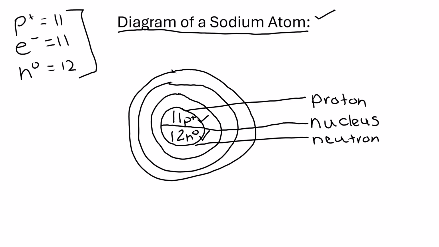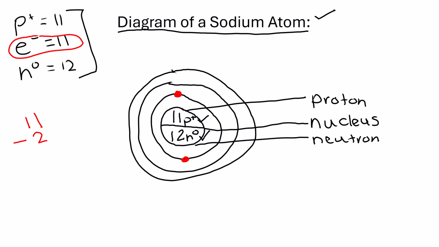Remember, energy level 1 can only have 2. I have 11 electrons, so I started with 11. I'm going to use 2 on energy level 1. They do like to be opposite each other. So 1 there and 1 there. I'm sure in grade 8 and 9, your teacher also doesn't mind if you make them next to each other. We're just testing whether you can actually draw an atom. So it doesn't matter if you draw them next to each other, but I like to draw them how they are in real life. They like to be opposite each other.